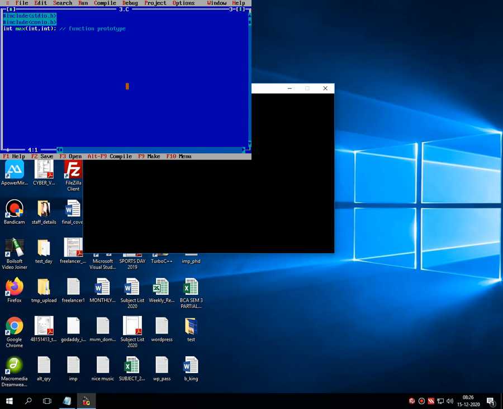It's a function prototype. In this way we can write a function prototype. This type is a return type. This is the name of the function, which can be anything. You can keep your own name as a function name, but I have taken max as the function name. And then obviously we can get to know that this program is used to find out the maximum of two